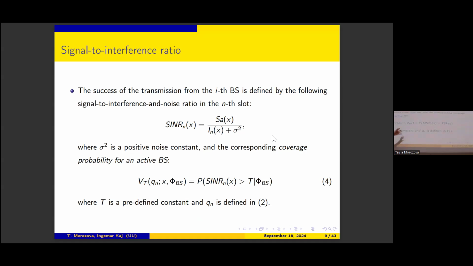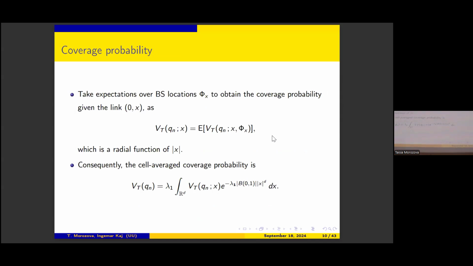Initially we define the coverage probability conditioning on the locations of our process, right? Maybe I should stress again that this SINR depends on n because of the interference, and everything now depends on n. So initially we defined the coverage probability conditioning on the locations, but we simplify this further because what we do next is we take the expectation with respect to the locations, so then there is no conditioning really left because we averaged over the cell.